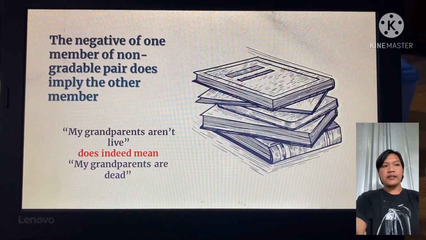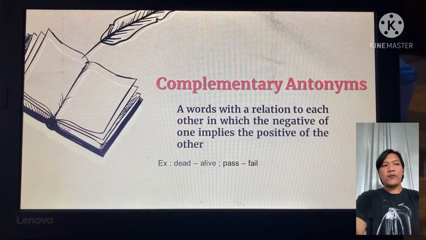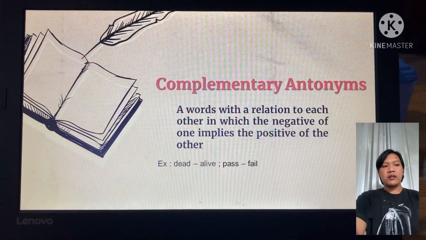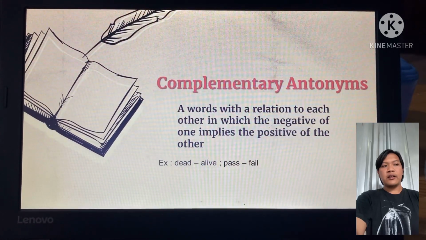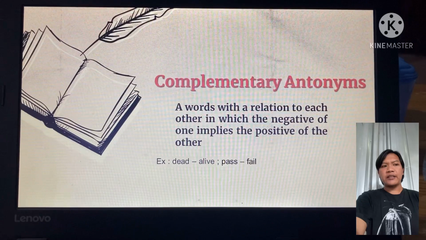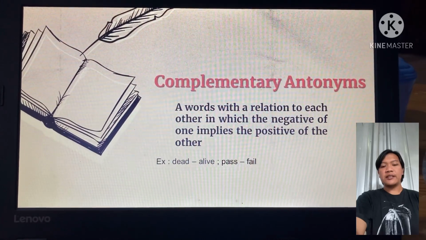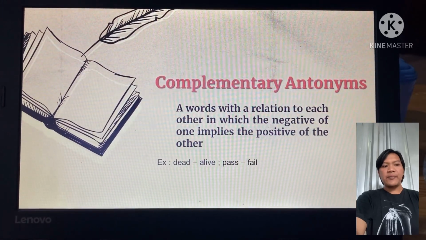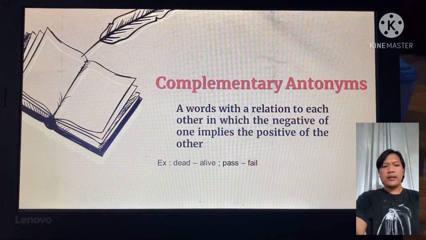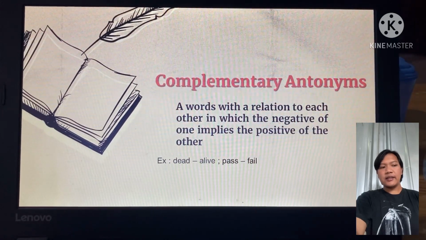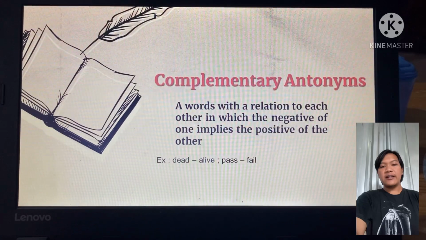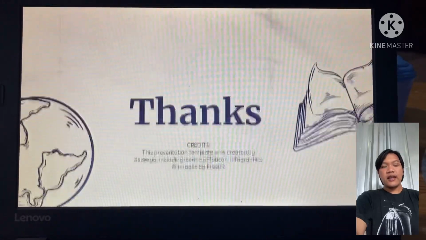And the next is the negative of one member of a non-gradable pair does imply the other member. My grandfather is not alive. Does it mean my grandfather is dead? In the next